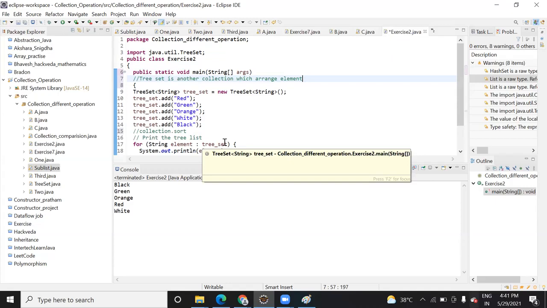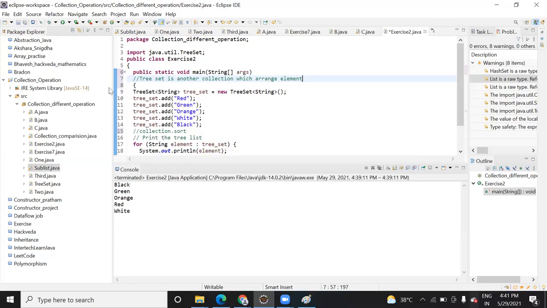Now what is left: linked list and array list, which allow duplicate elements. In the linked list you can have the address of the next element. So mostly we use linked list in data structures in order to save the data inside memory. Linked list and array list we use, but if you want to allow duplicate elements, and you are not bothered about any sequence, you want to reduce the computing overhead, then we go for tree set, hash map, hash set, like that.